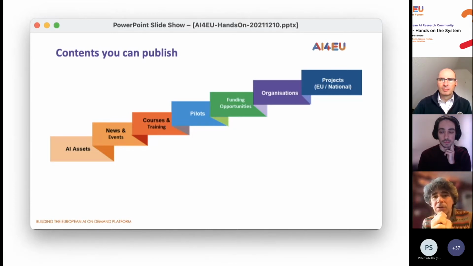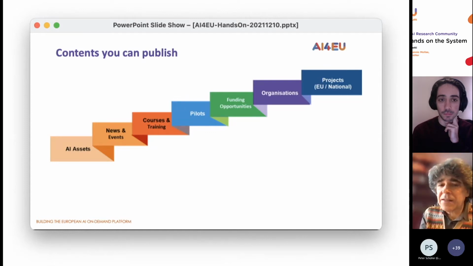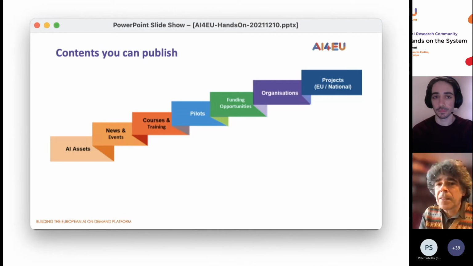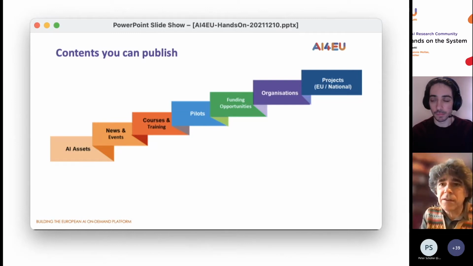the main type of content you can publish are AI assets, and as I said, these include software, datasets, libraries, AI services also, and so on. It can be news and events, it can be educational material like courses, training, tutorials, and so on. It can be descriptions of pilots. There are case studies. You can publish about funding opportunities. We have a few. You can publish about your own organization, actually, and about projects, small, large, national, international projects